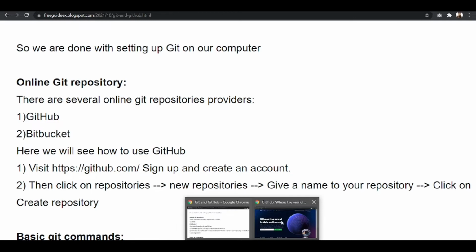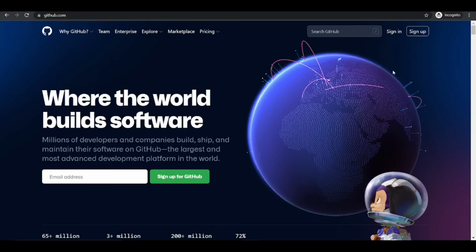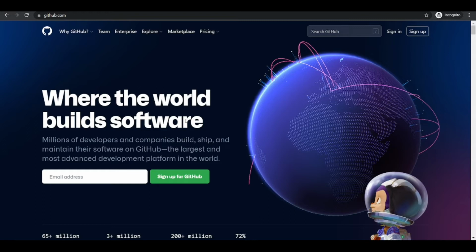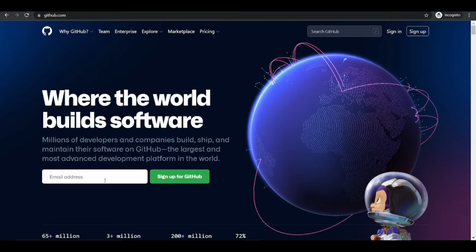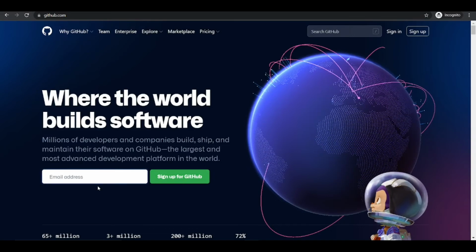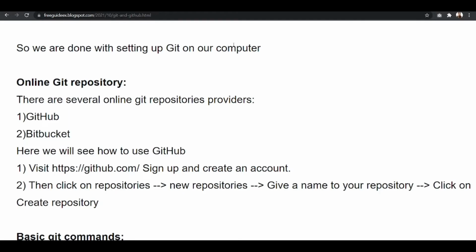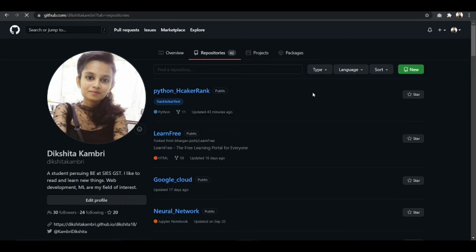Once you visit that link, you will see a page like this. Here you can click on sign up, or just put your email address over here and sign up for GitHub. Once you sign up and create an account, it will redirect to a page like this.